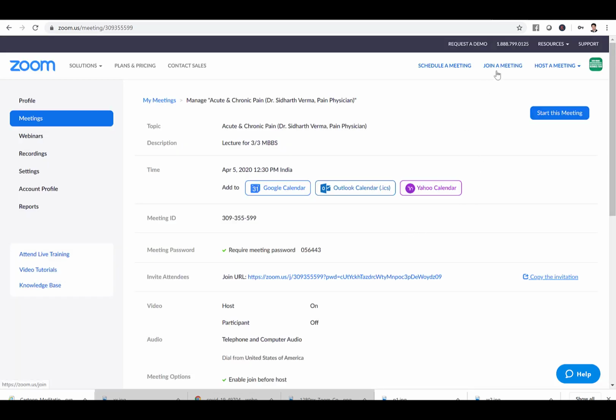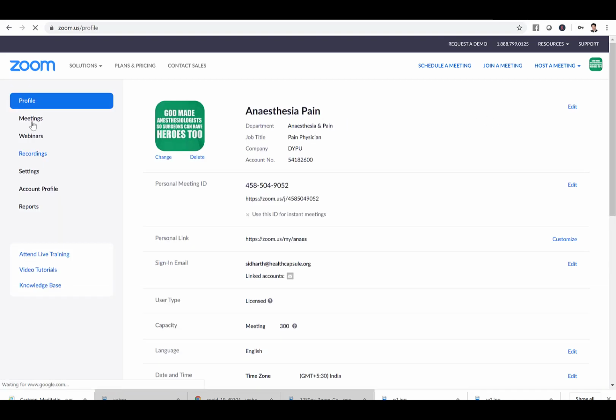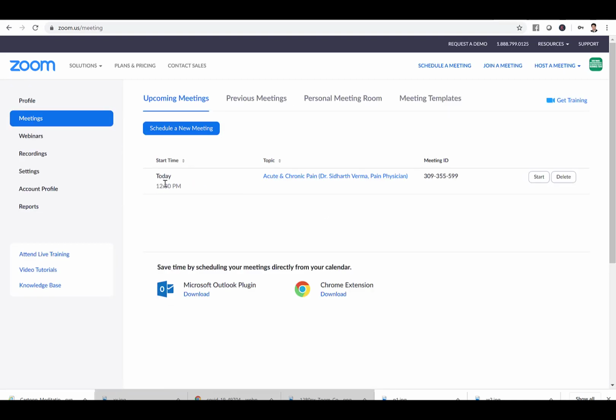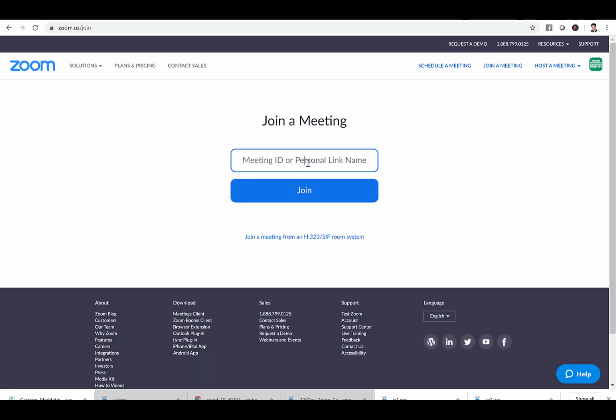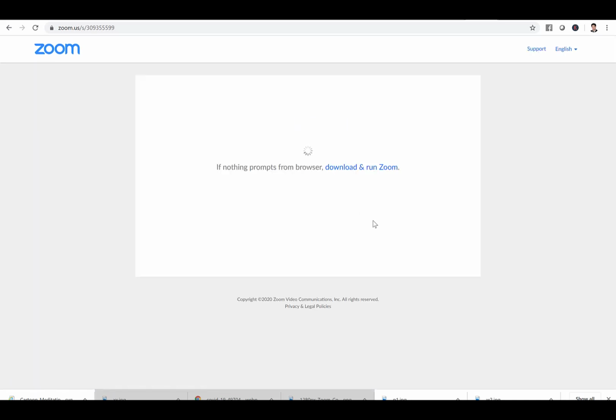Now let's go to join a meeting. How do you actually join a meeting? To join a meeting, you can just put in the meeting ID which you want to join. This meetings button will show which meetings are scheduled. This is the meeting which we have just created. This is the meeting ID which is to be put here in order to join a meeting. And once you click on join, it will automatically